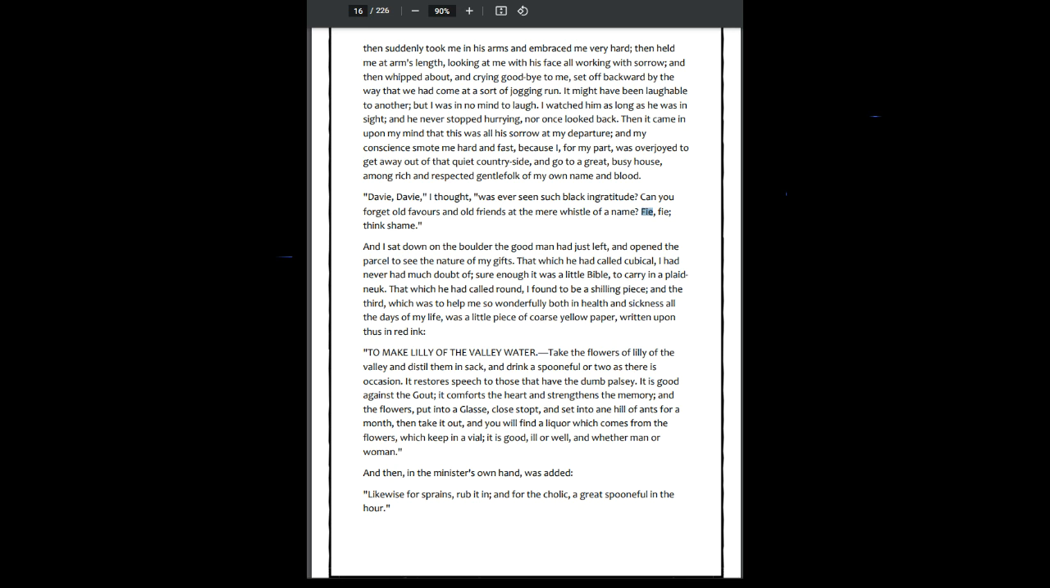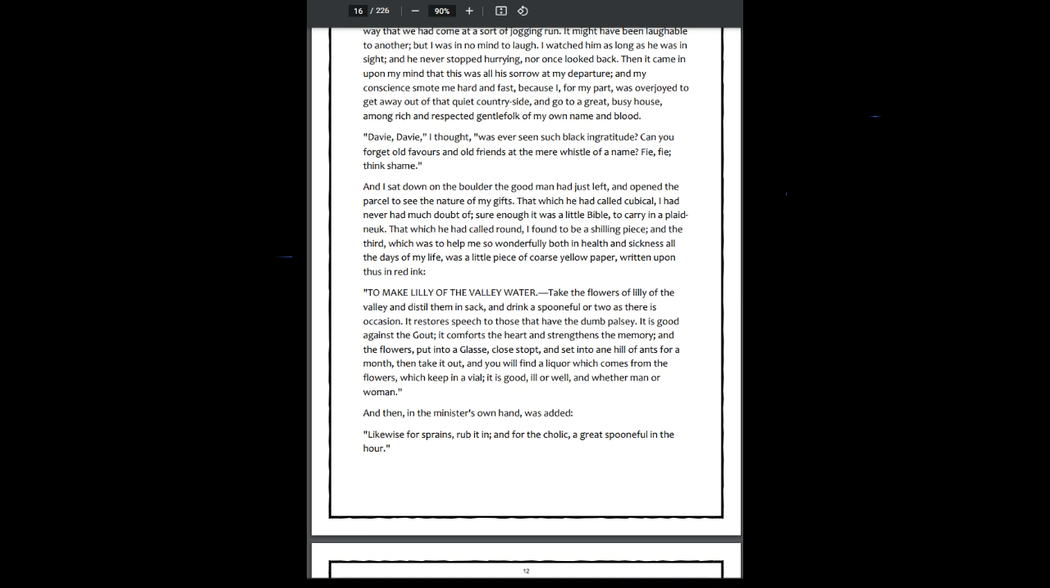That which he had called cubical, I had never had much doubt of. Sure enough, it was a little Bible to carry in a plaid neuk, plaid neuk. That which he had called round, I found to be a shilling piece, and the third, which was to help me so wonderfully both in health and sickness all the days of my life, was a little piece of coarse yellow paper written upon thus in red ink: